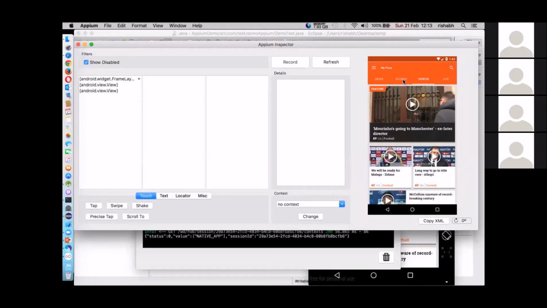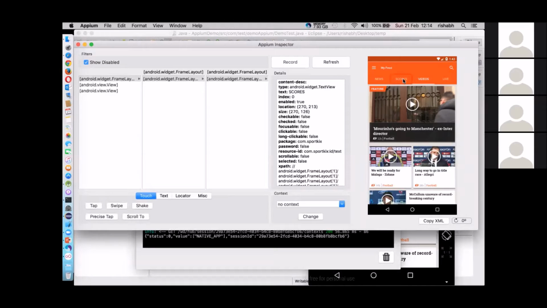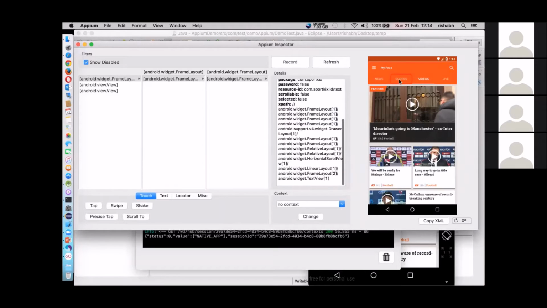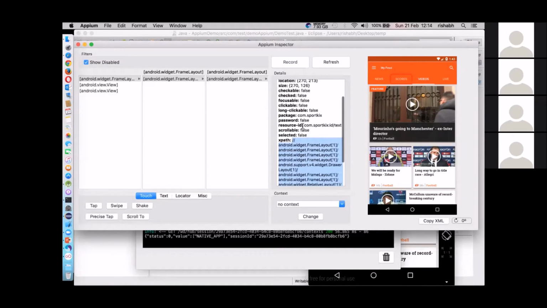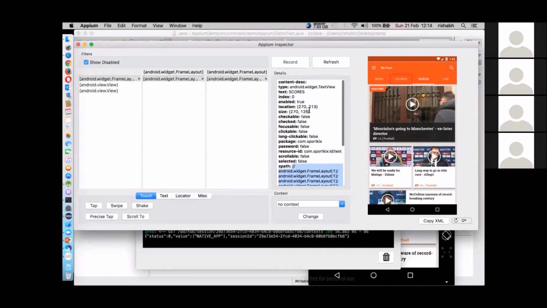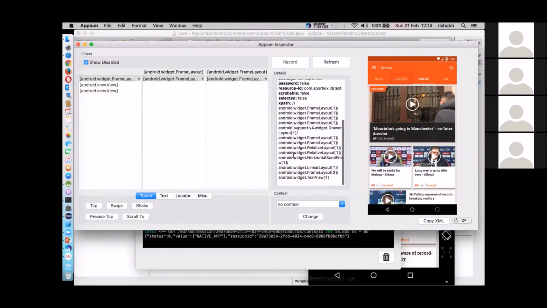So it grabbed that screen capture of that particular application and launched with that. Using this, say I want the ID of this score. Right? Once I click on scores, it gives me the details of that particular element. It says the XPath is this. Using this XPath, you can identify it. It also has an ID, a resource ID, a type, and a label, score. So you can use the label, ID, or XPath. This is the simpler method of identifying the element.